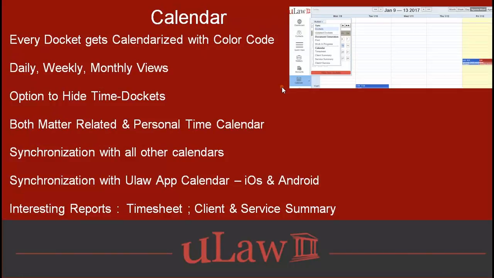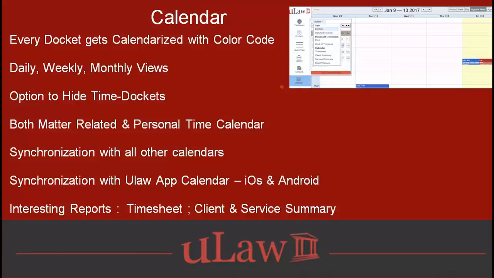Calendars are also color-coded, similar to some of the dashboard components. So if there is an event in the past, it's going to show it to you in red. You are able to, as you docket away your time, those dockets are made available in your calendar. And at some times when you do find that as a hindrance, you're obviously able to hide those time dockets and only look at your personal time. So the calendar plays the part of both your time dockets,